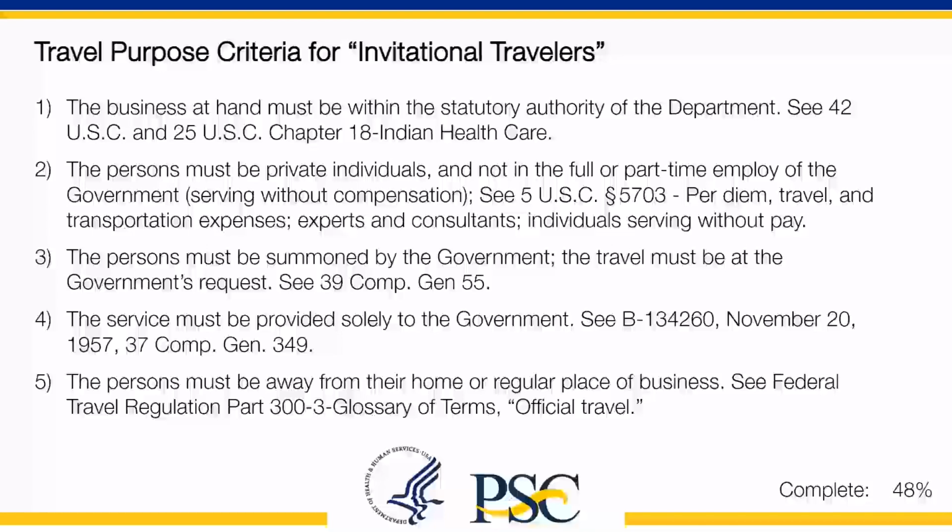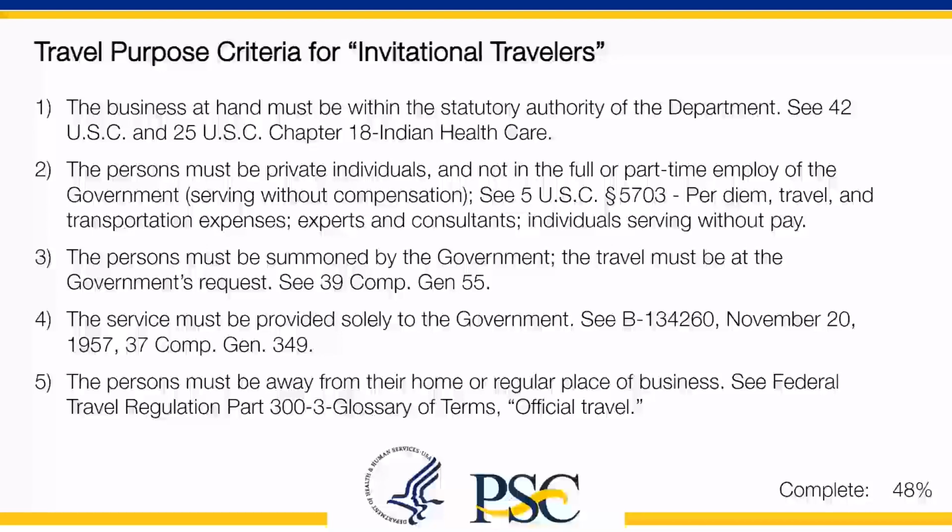2. The persons must be private individuals, and not in the full or part-time employ of the government, serving without compensation. See 5 U.S.C. Section 5703, per diem, travel, and transportation expenses, experts and consultants, individuals serving without pay. 3. The persons must be summoned by the government, the travel must be at the government's request. See 39 Comp Gen 55. 4. The service must be provided solely to the government. CB 134260, November 20, 1957, 37 Comp Gen 349, and